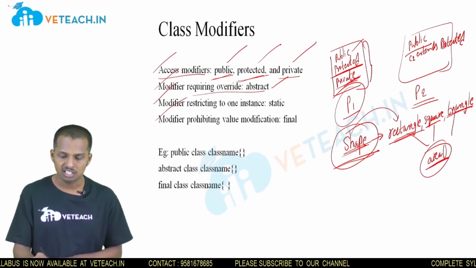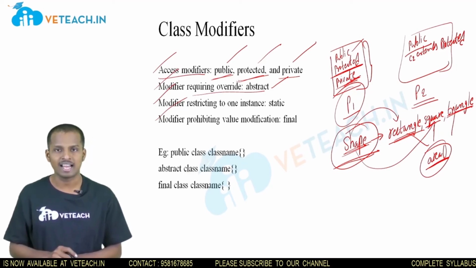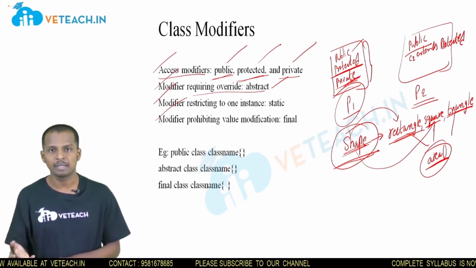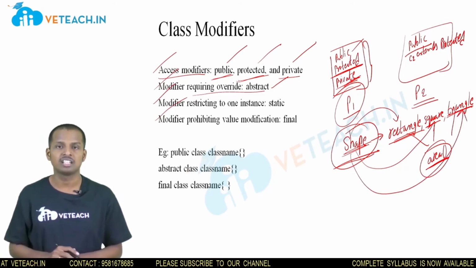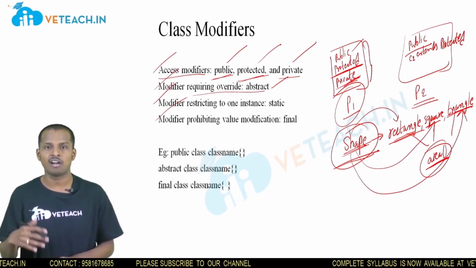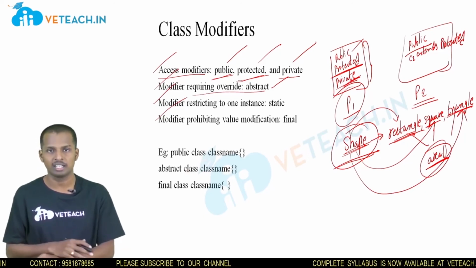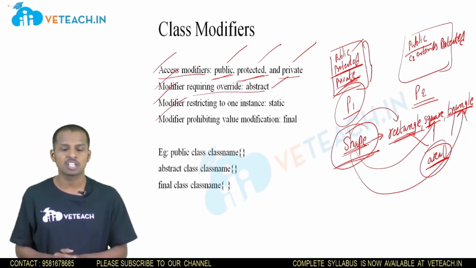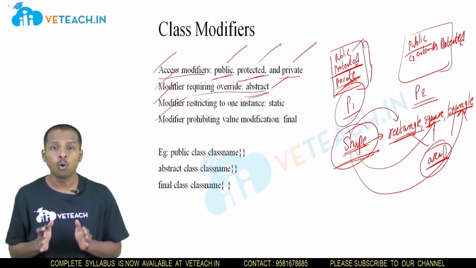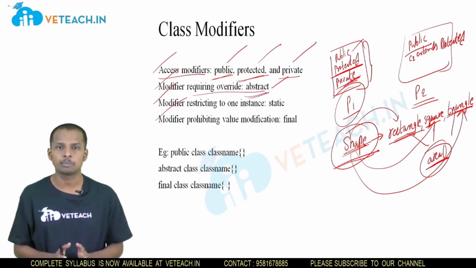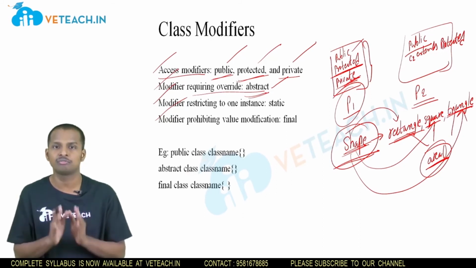In the same way, the shape class will be extended by the square class, and it's going to write the area method definition according to its requirement. In the same way, it's going to write the definition of the area method in the triangle class according to its requirement. In this case, we use a modifier known as abstract, where we just tell what the method name is and what the return type is. We don't tell what the definition of that method is.